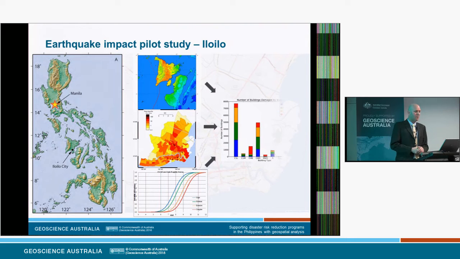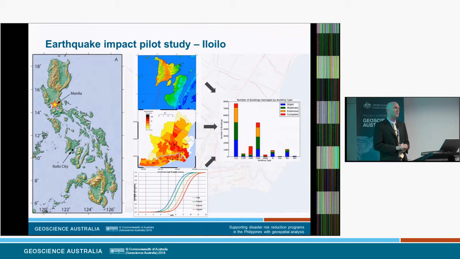And so the aim was to bring a quantitative impact assessment capability to an existing earthquake damage assessment tool that partners in the Philippine Institute of Volcanology and Seismology, or PHIVOLCS, have been developing. And so that work started in 2009, but about a third of the way into the study, the passage of